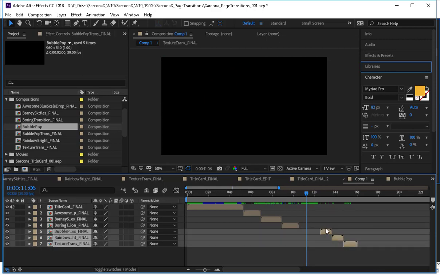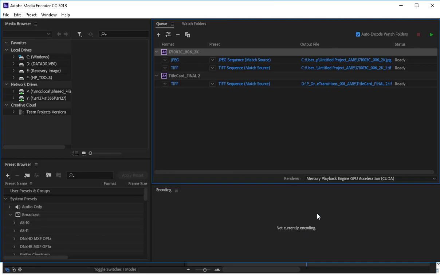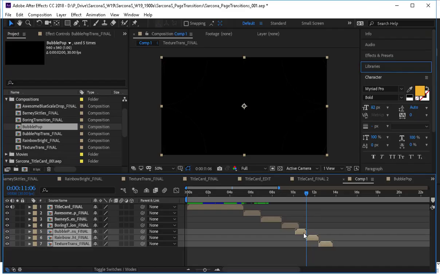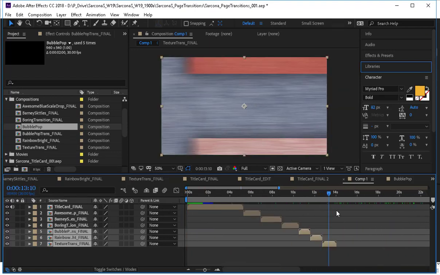I grab these again. I scoot these down. Media Encoder opens in the middle of me doing that. There we go. And then I have a bunch of black space at the end. I don't want that. So I will go here,